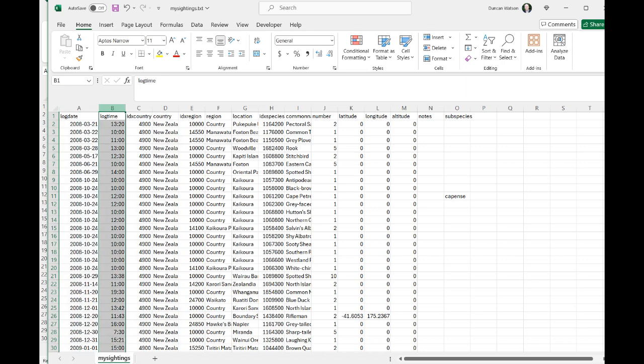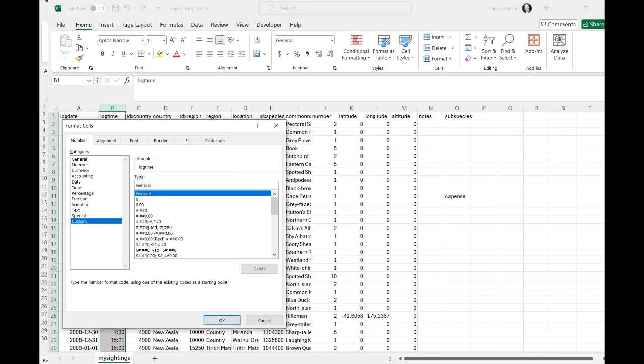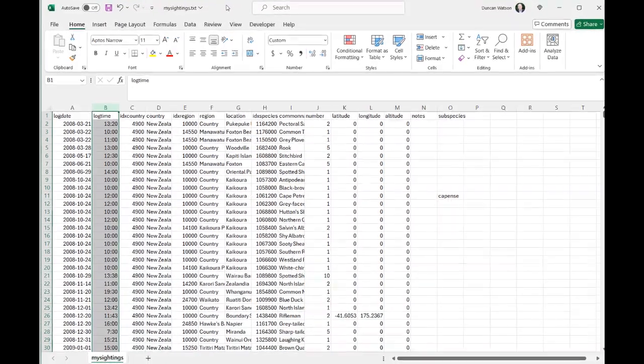And the same with the time field. Format cells, change them to custom HMM. Very important that you do that. Having done that, most things you do afterwards will be fine. So these other fields which you're able to edit,